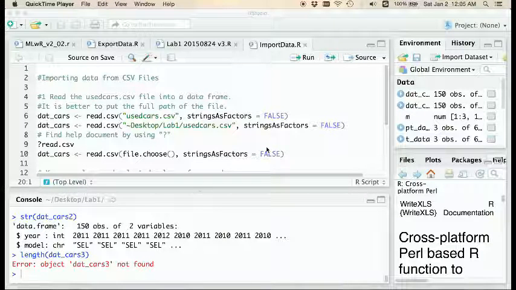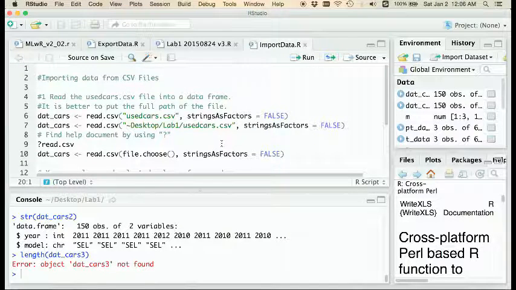Next, we will introduce and demonstrate how we can import data from CSV files. A lot of data sets are in CSV files, and we want to import them into our environment and analyze those data sets using RStudio. So here are some